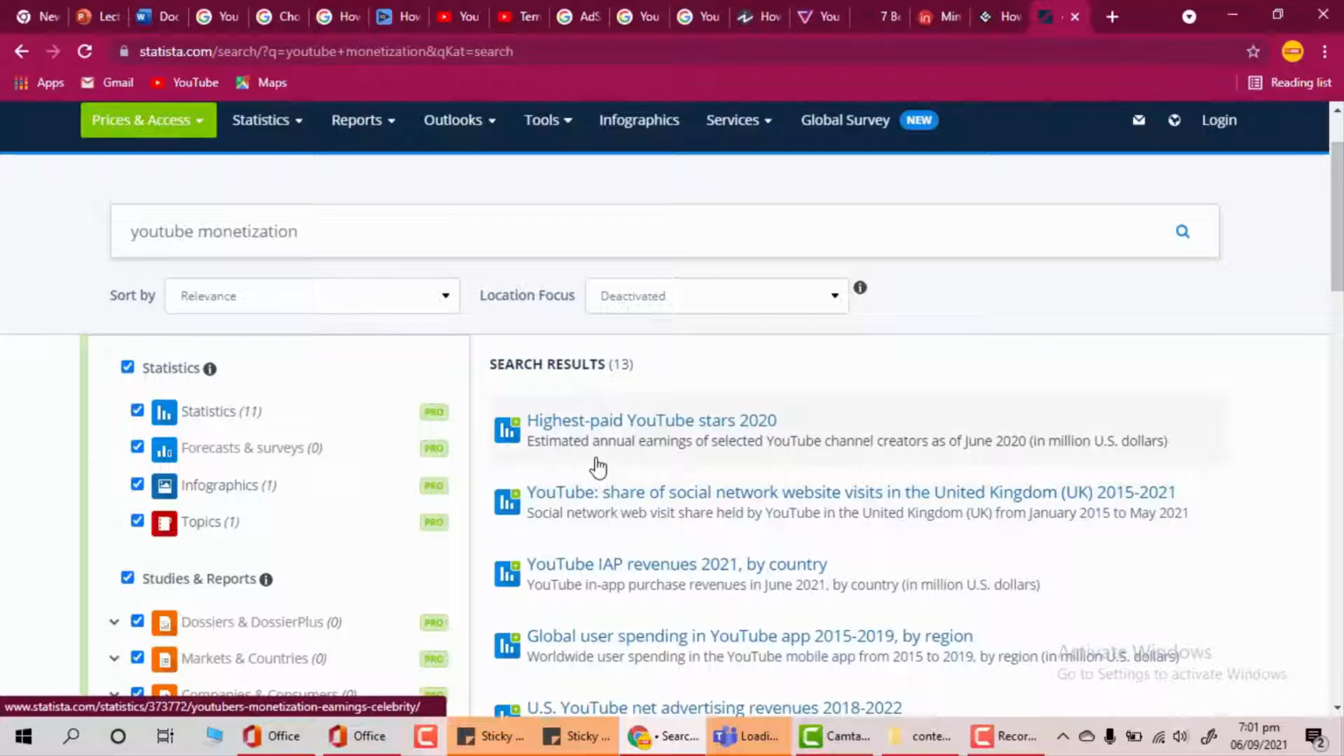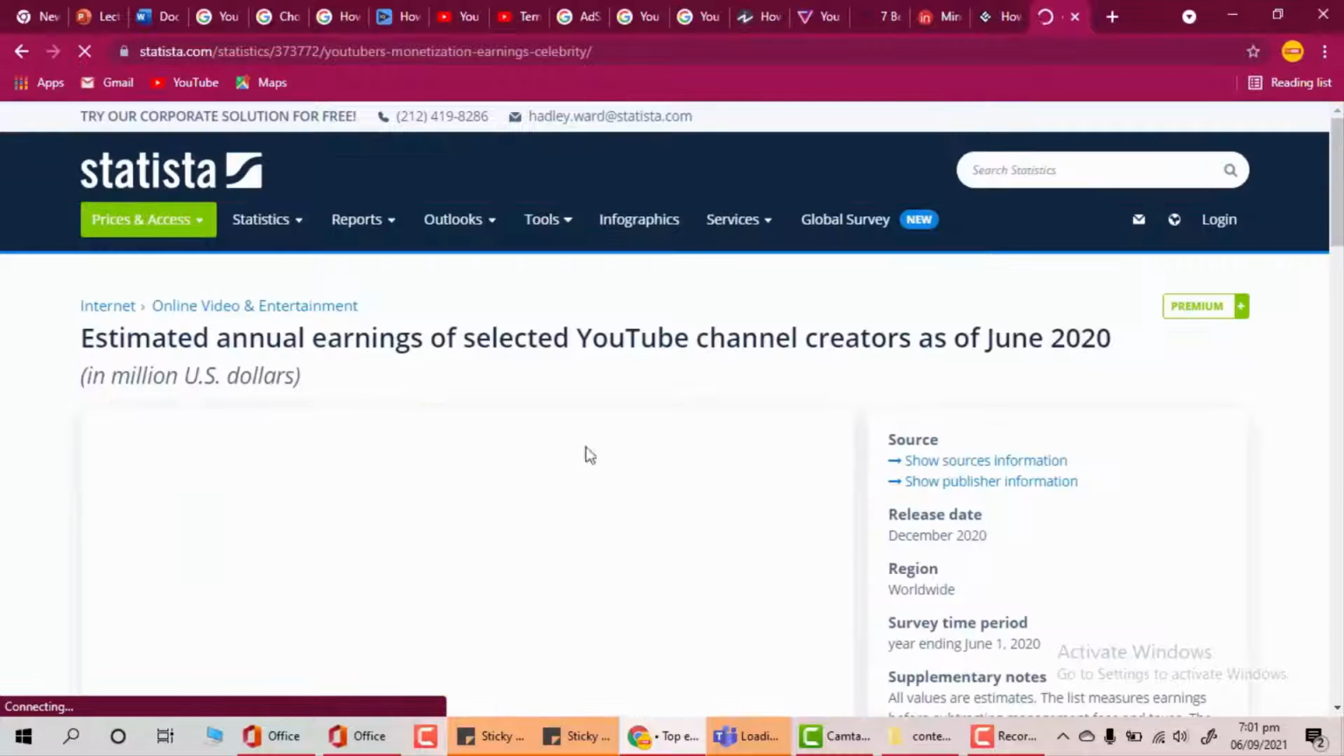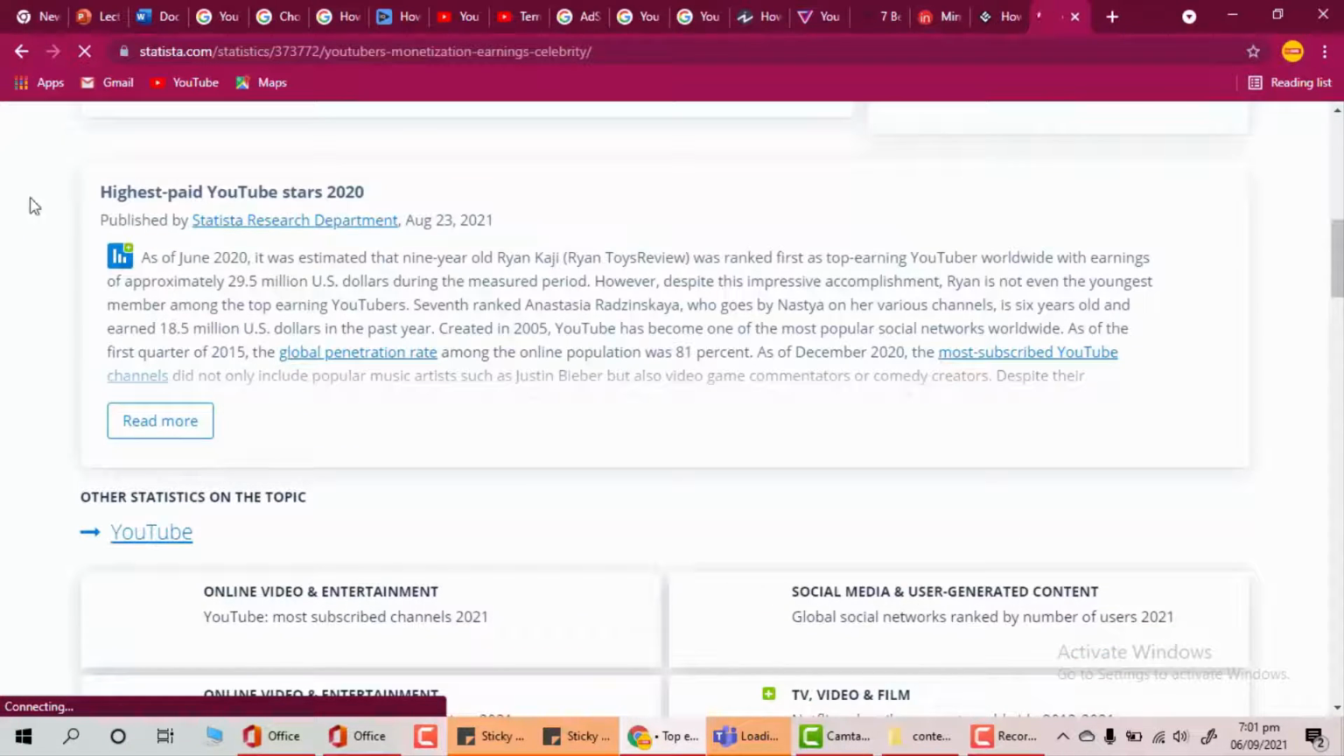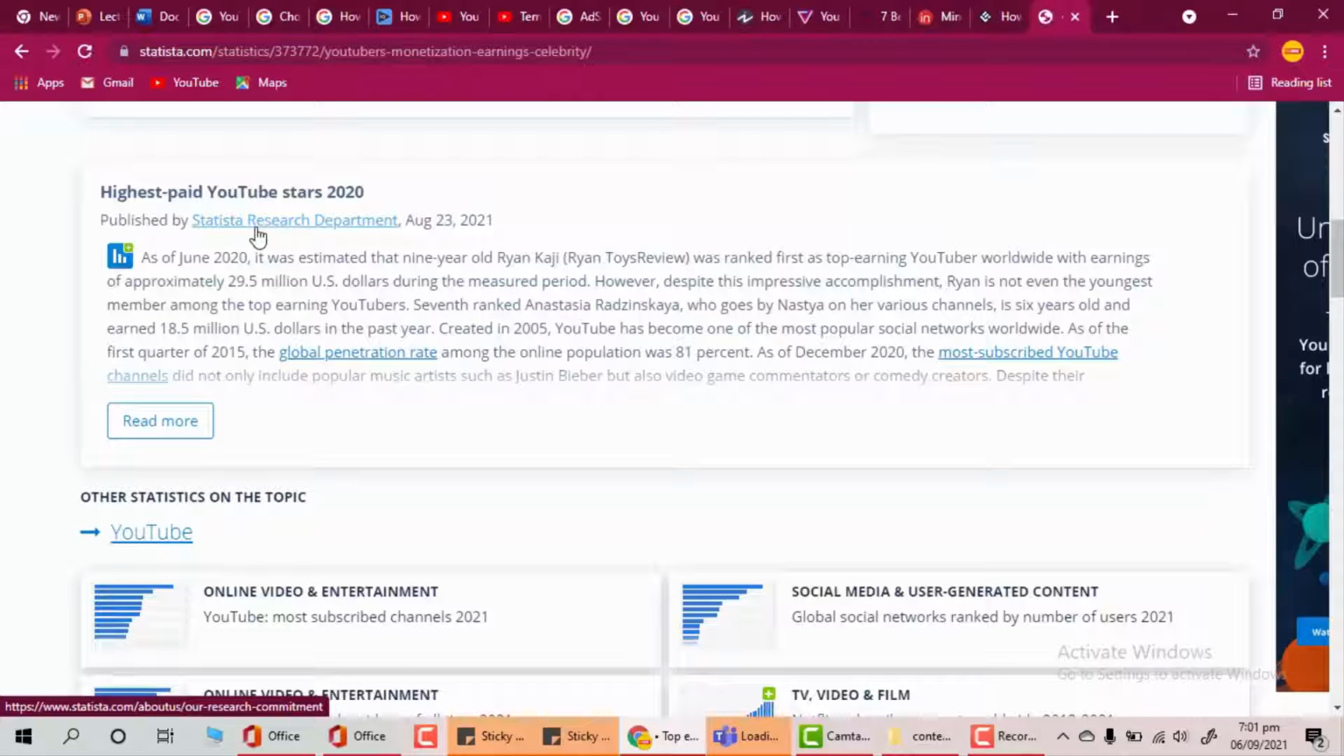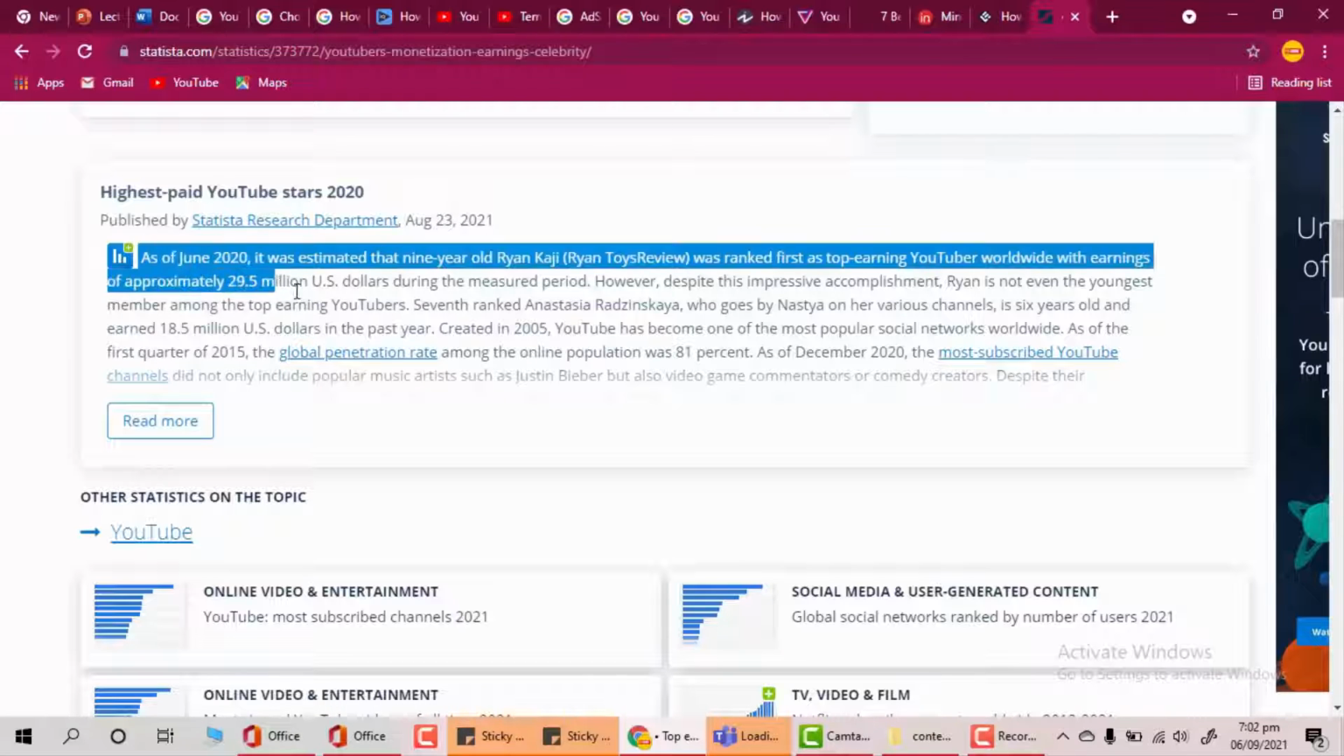So here it says estimated annual earnings of selected YouTube creators. Let's see the stats. Okay, let's just look at it first. So this is actually coming from the Statista Research Department. So we don't need to read anything. We just need to take a stat. US dollars during the period. Okay, so I've taken this 1.5